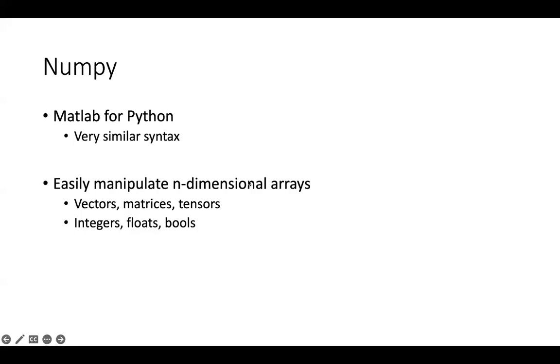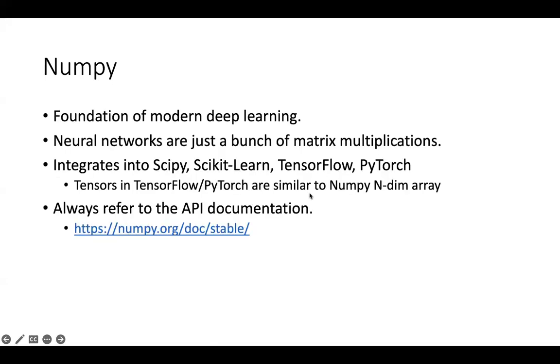Right, so easily manipulate n-dimensional arrays. NumPy is a foundation of modern deep learning, as I just stated. And neural networks are just a bunch of matrix manipulations. So NumPy,